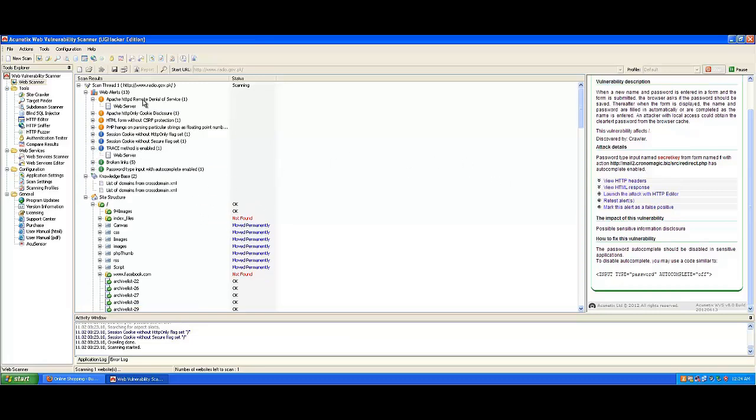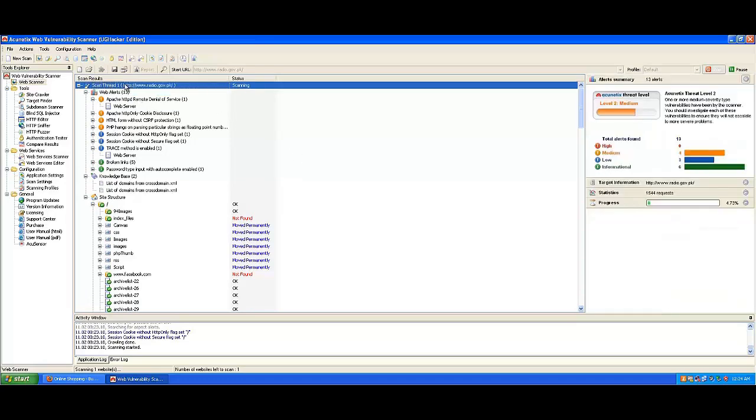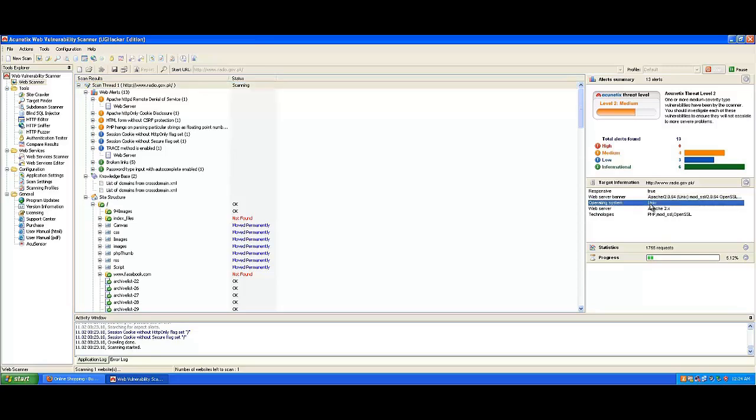This will take a couple more minutes. It will scan through the whole website and show you what the website consists of, and whether it is vulnerable to different types of attack vectors. If you click onto the target information, you can see which web server the website is running on. Right now on my screen, it's running Apache 2.0.6 and it's based on Unix, and the operating system is again Unix.